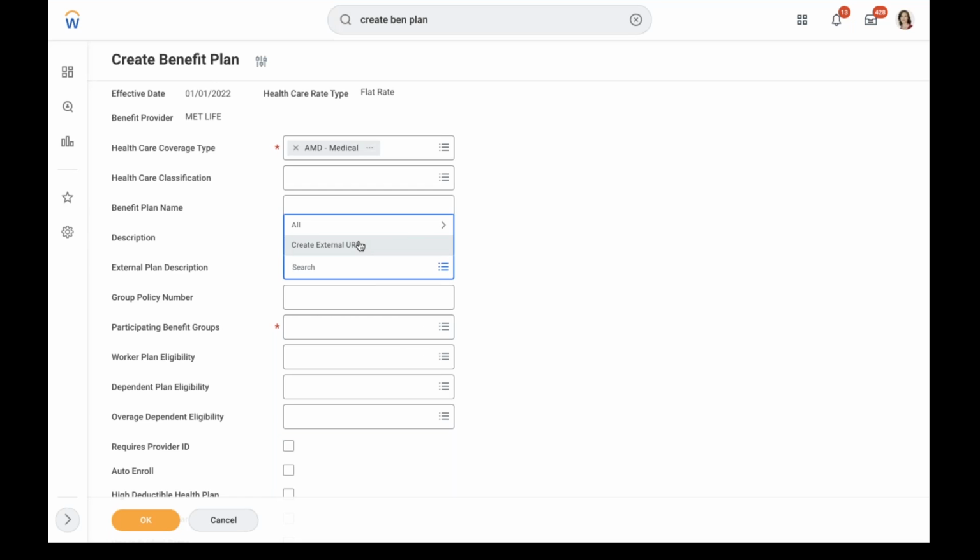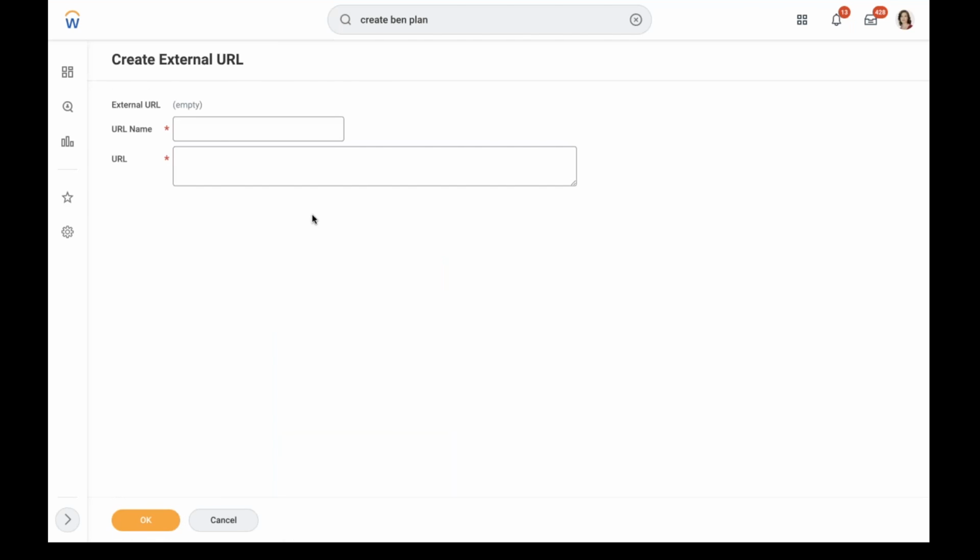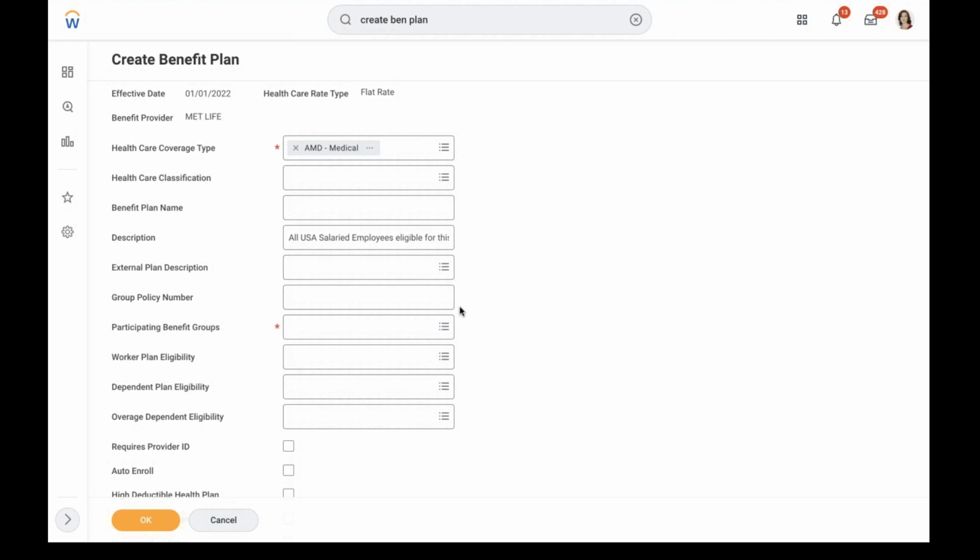if you want to give a link further, for employees to understand more information about this plan, when it is available, who will assign the plan, if anyone has any concerns or issues whom they should reach, you can maintain it. Copy and paste the website address, external link, group policy number if applicable, participating group, salaried employees,